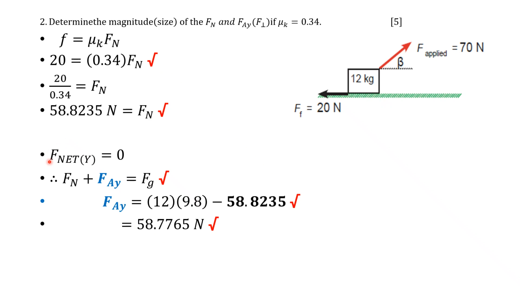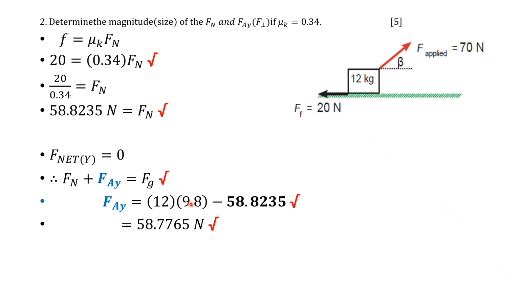So my net forces in the y direction must equal 0. Right, nothing's moving up or down. So my normal force plus my force applied in the y direction must equal my force of gravity. Force of gravity is simply 12